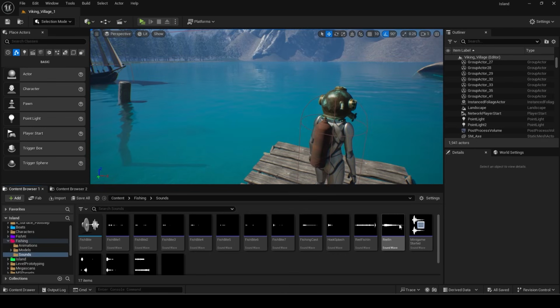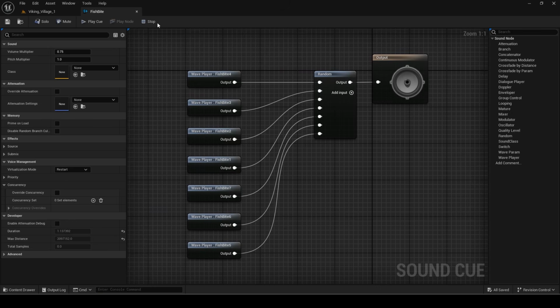I imported them in Engine. If you have multiple sounds for a single